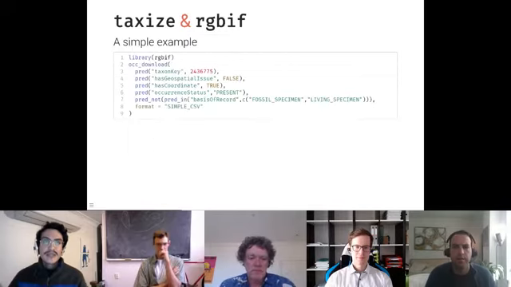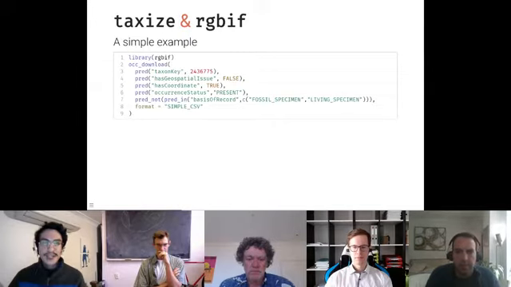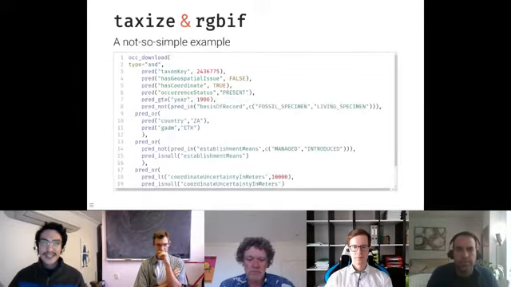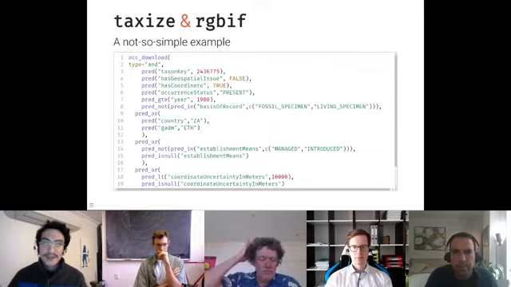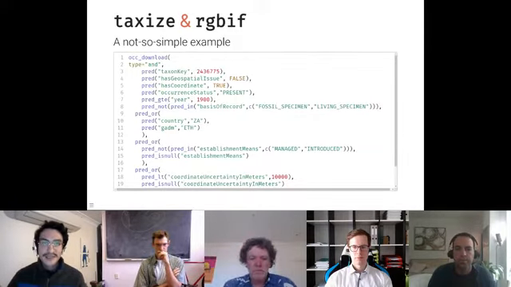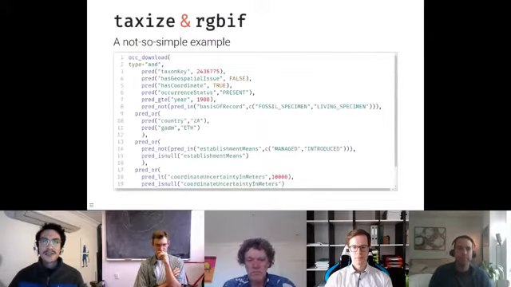And you can use taxize with rgbif as one way to filter a data download query, which is composed of these predicate functions that specify one filter each. And although this can work really well, it can get pretty unwieldy pretty quickly. And again, a beginner user might find this intimidating or unintuitive. Now, I just want to reiterate that these packages are great, but they highlight how working with APIs, or programming interfaces that return results from a query, can be a nightmare, and translating them into R syntax isn't easy.